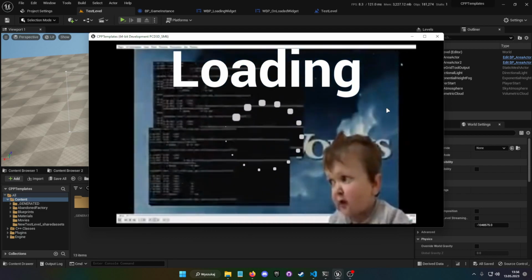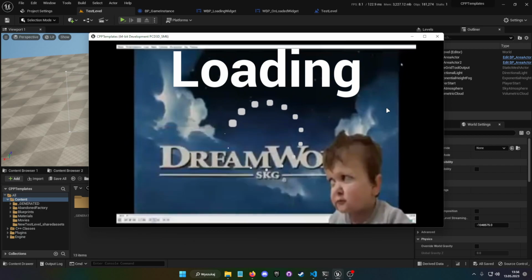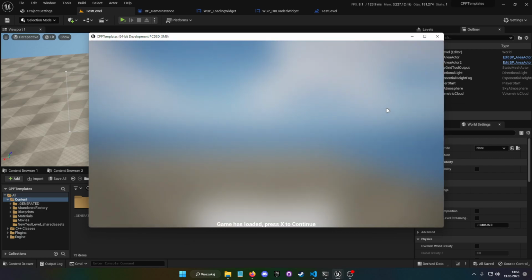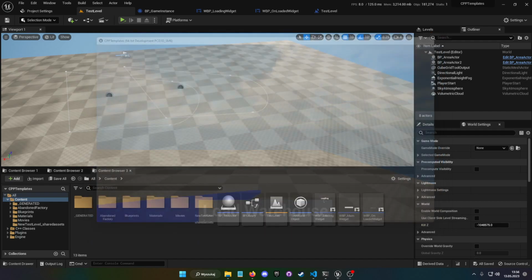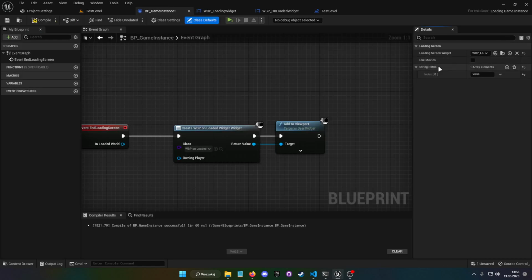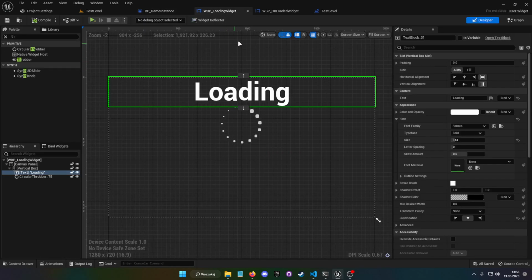And this system is actually waiting for the movie to complete. So when it does, it just finishes and opens the widget we want when the project loads, when the map loads. So yeah, that's it. I'm gonna disable it for now, because it's just dragging out the loading unnecessarily.